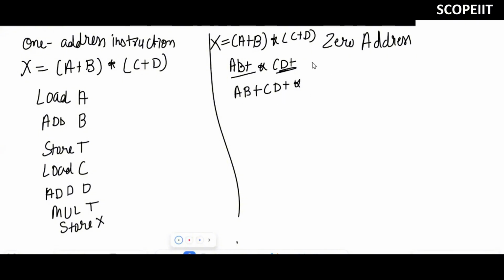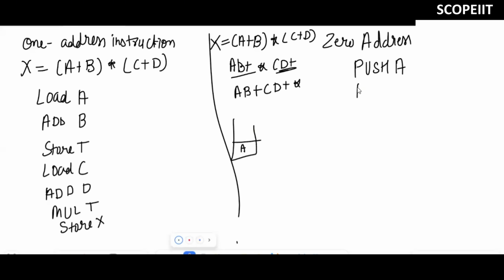So now how to write the code for zero address instruction? Now we see which is the first one. If it is an alphabet, you should push it, and when it is an operator, at that time you should perform the operation. So we'll write here push A. That means the A value will be stored in stack. If you want, I can show you the implementation also.